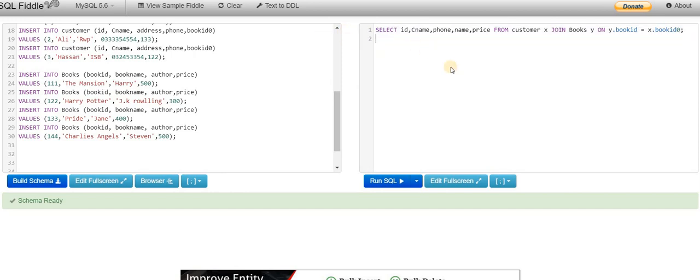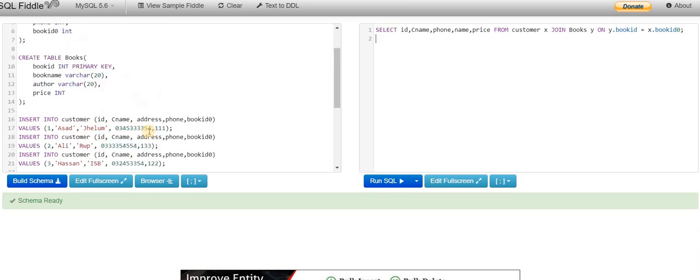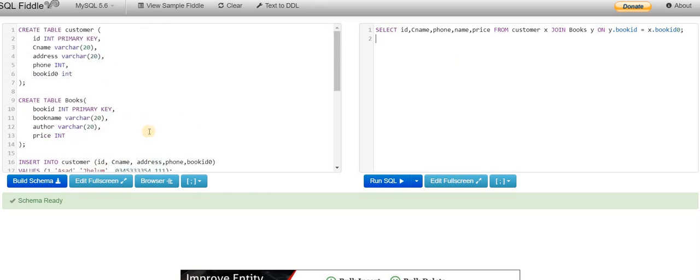What we're going to do right now is, मैं चाहता हूँ कि मेरे पास एक टेबल आए जो मेरे कस्टमर्स ने बुक्स बाय की हुई हैं. जिन कस्टमर्स ने बुक्स बाय की हैं उनका मेरे पास डेटा आ जाए और बुक का डेटा आ जाए. Okay, so what I want in the table is the ID.